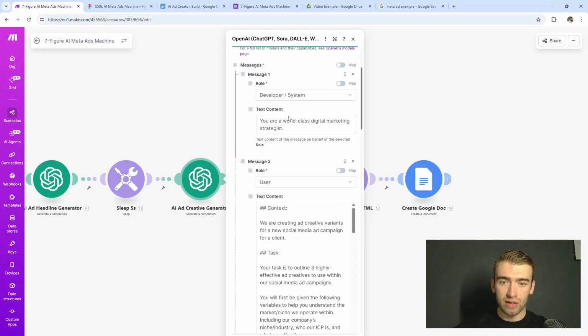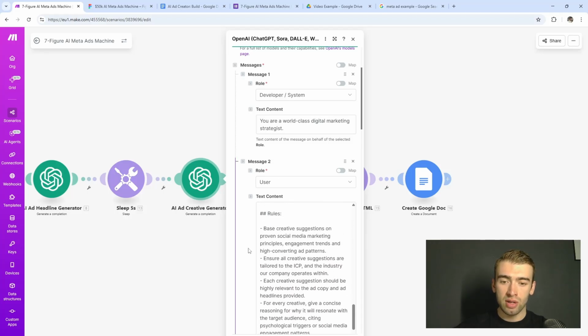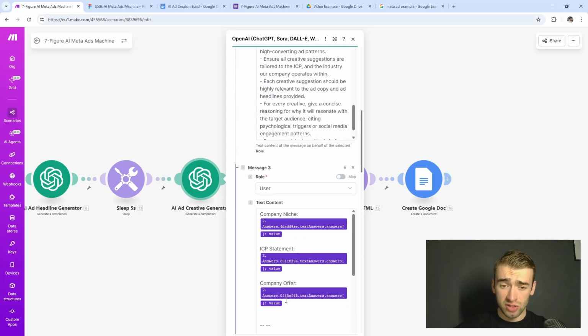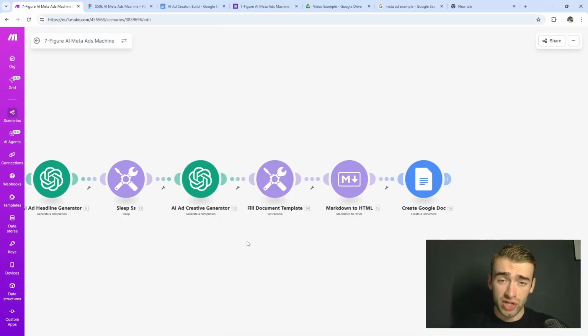As you can see, I've got the system prompt, and I've got the user prompt here, which just fills all that out. And then finally, I've plugged in the answers from the form and the answers from the actual AI modules. So we've generated all the relevant insights about the niche, and all the relevant insights around our ICP. We've then plugged that into our AI modules and we've generated 3 ad copy variants, 3 headline variants, and 3